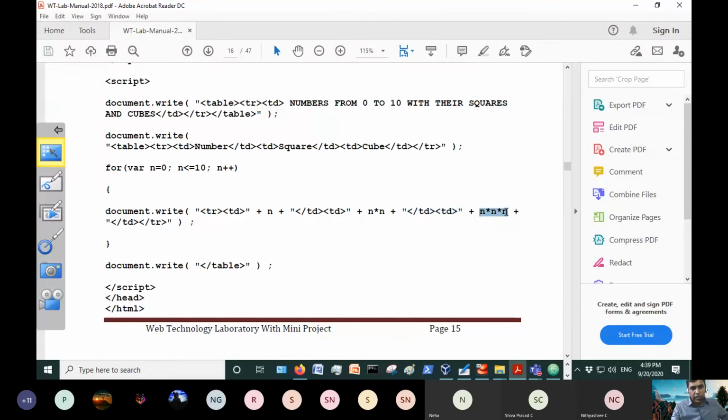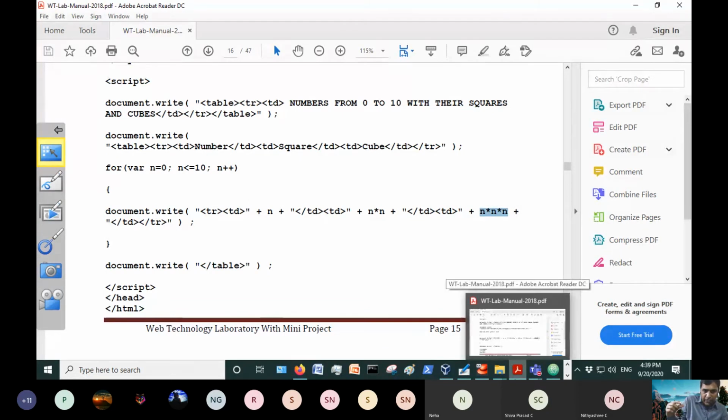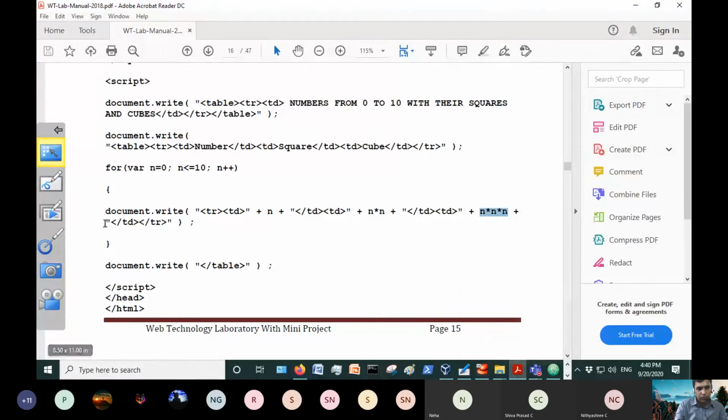Finally, the plus operator is added before and after each number, so that you get a string which contains the table row along with three data: n, n square and n cube. That means this will print one row of text.